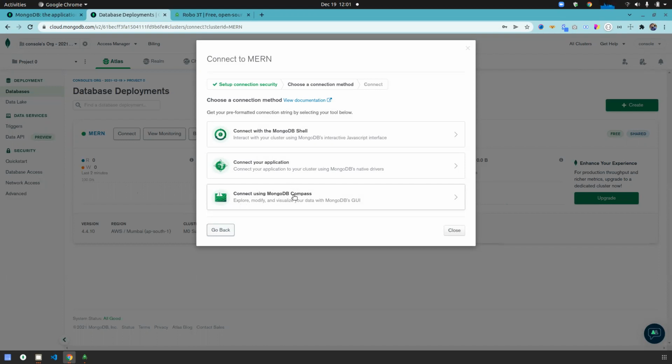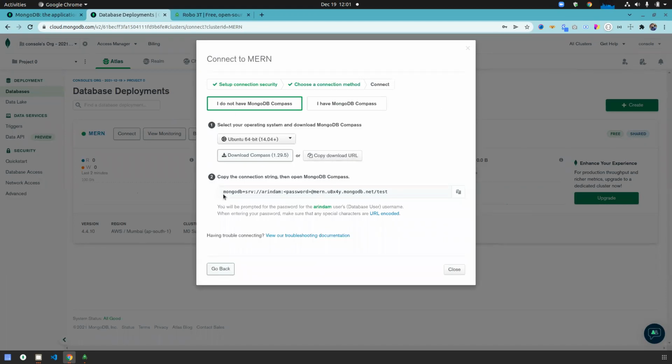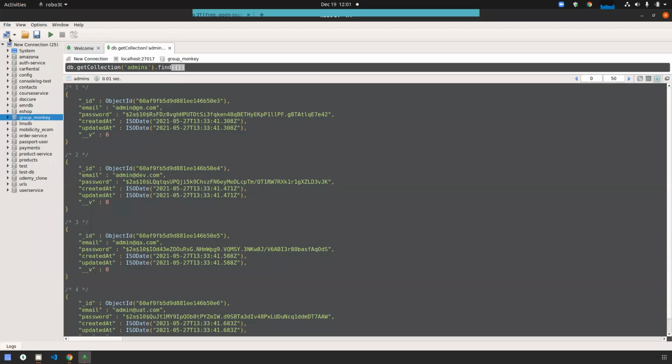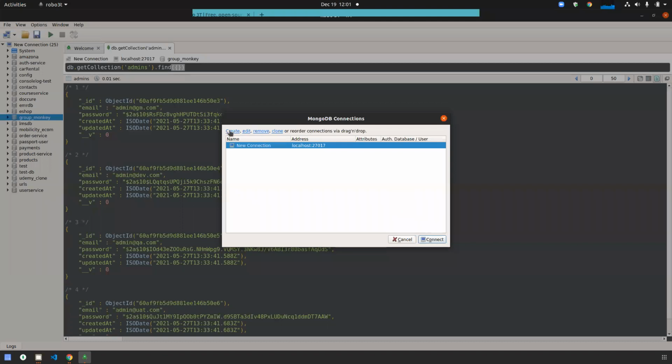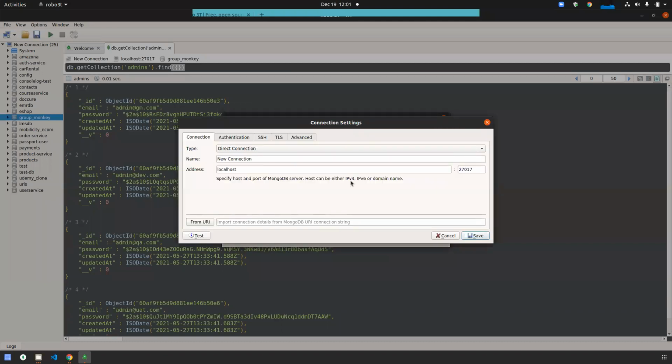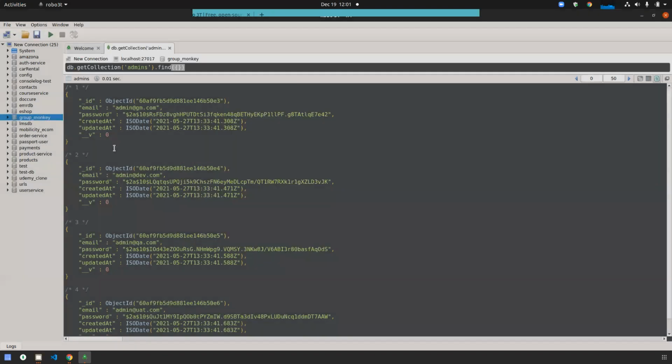Nothing else, you just need this URI. You can see, right, everyone? Yes. So just copy, then open, then create a new connection.